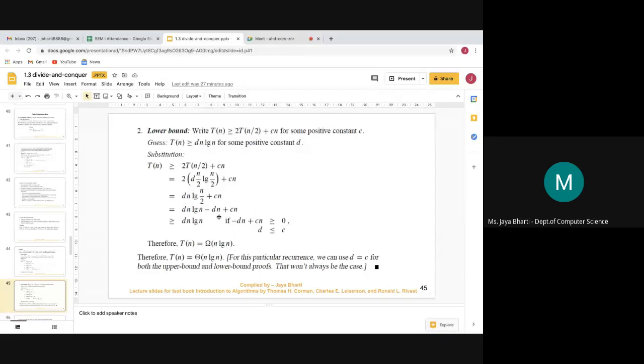What we did earlier here was that this condition, minus dn plus cn, was greater than or equal to 0. In the previous case it was less than or equal to 0, and in this case it will be greater than or equal to 0. Okay, because we need to equate this. So now when you subtract this from this whole thing, you will get the lesser value. Okay, so you are getting the correct value.